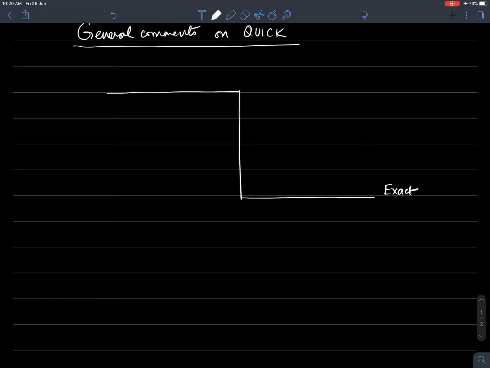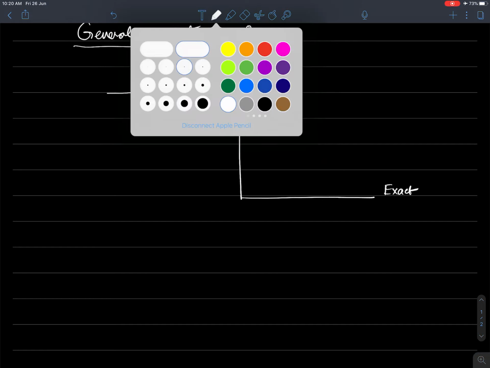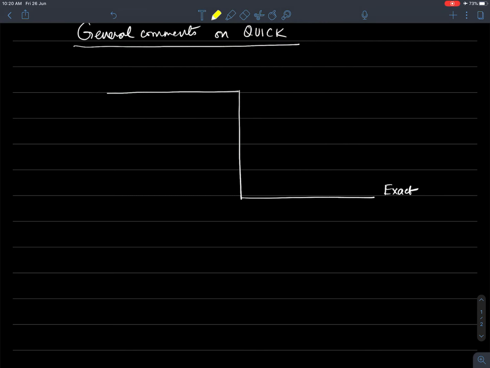If we were to do this using, let's say, the more traditional upwind scheme, then we know that we'll see the effect of dissipation in the solution, and so the solution may look something like this. So this is going to be the solution, and so you'll have a dissipative effect in the solution.